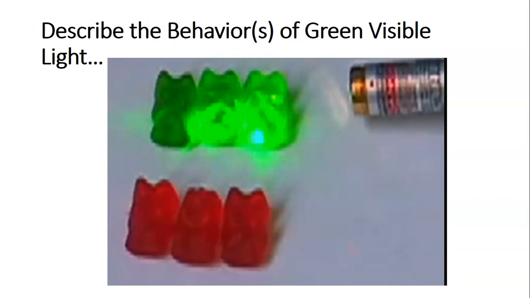Then I was going to give you a green laser light, and you can see shining a green laser light on a green gummy bear. The green light transmits through. There's the green making it through. It's also peeping through here on the paper. We got a glare here, so that's reflection. And we also can prove absorption because the third gummy bear is not as illuminated as the other two. So the green light is transmitted, the green light is reflected,